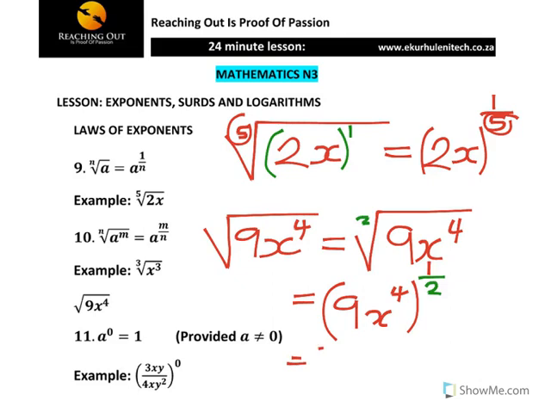Remember, 9 is 3 squared x to the power 4, which is equal to, sorry, that's not the one, I must put a bracket, not forget my half, which is equal to, remember this other law now they're coming into use, 3 squared times half